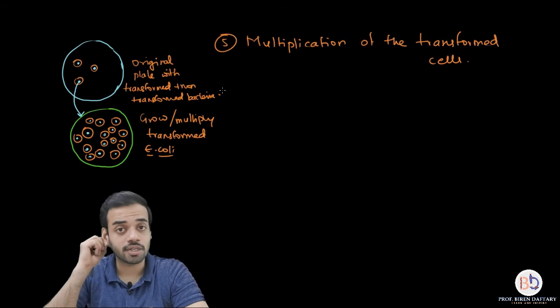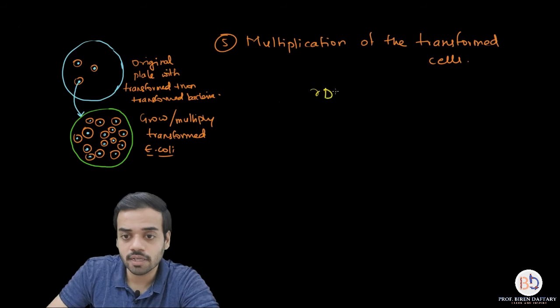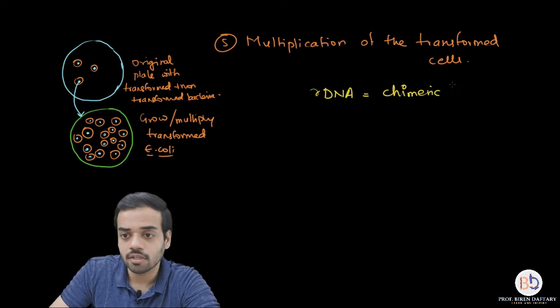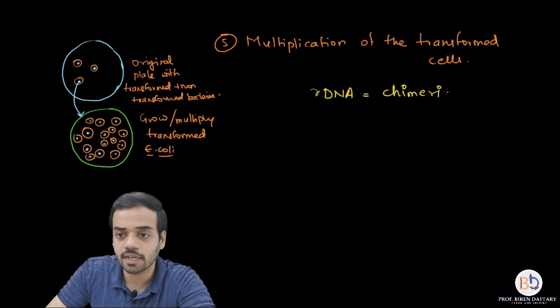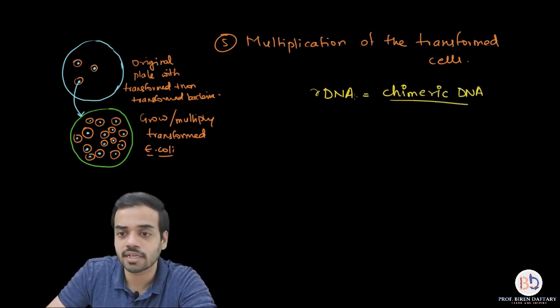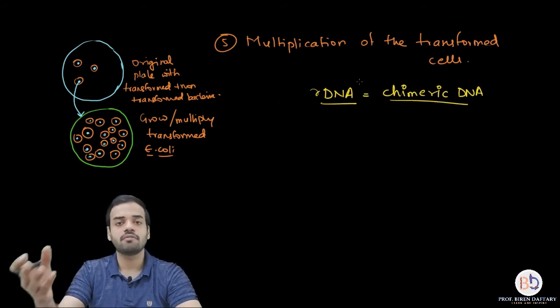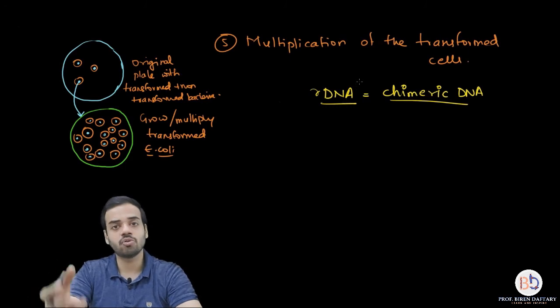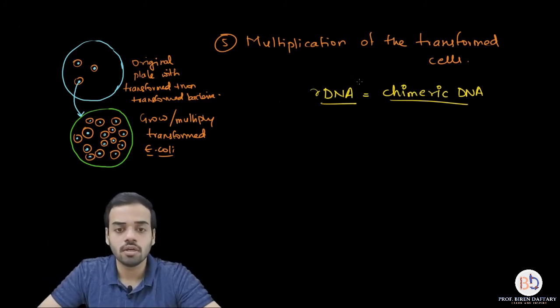Now please remember, recombinant DNA is also called chimeric DNA. I forgot to tell you this. Recombinant DNA is also called chimeric DNA, another name. So if somebody asks you the meaning of chimeric DNA, it is the same as recombinant DNA. It is just like passenger DNA, foreign DNA, required gene, which are the same. Vector DNA, vehicle DNA, cloning vector is the same. In the same way, recombinant DNA, chimeric DNA is the same thing. That means both cloning vector and required gene are present together. Okay, so this is the fifth step, multiplication of the transformed cells.